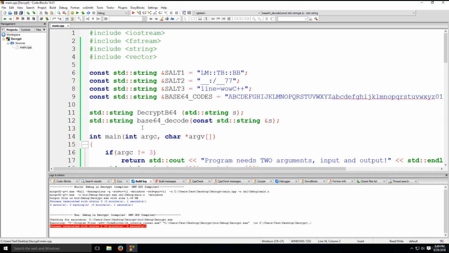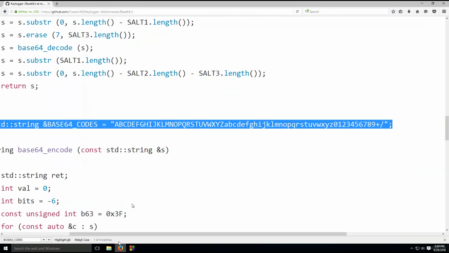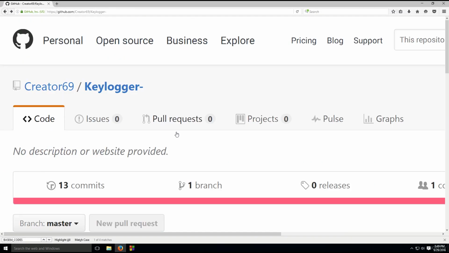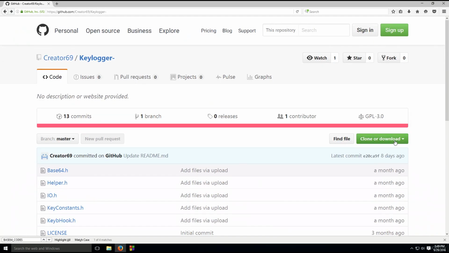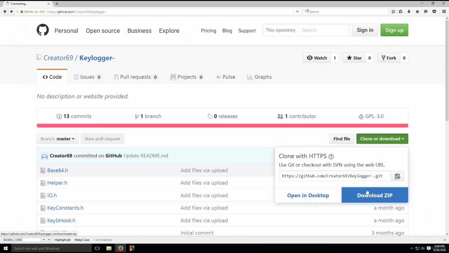Okay, so now that we got this to work, well, we still haven't tested it out, but the program does build and compile and it does run. We need a keylogger. I don't really have it on this computer, so I actually need to download it and compile it myself, but it's not really a big deal. Just go to my GitHub repository, it's clone or download, I just say download zip,